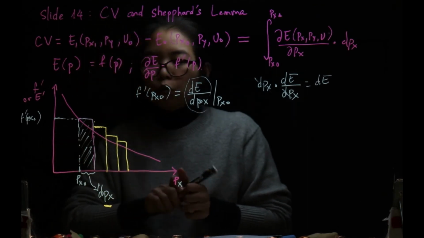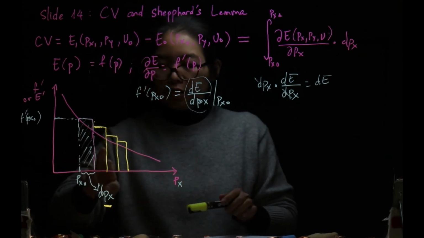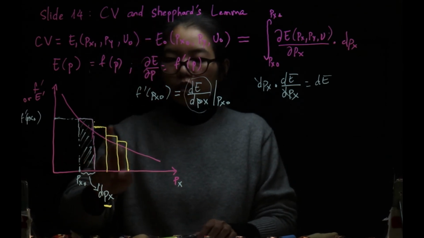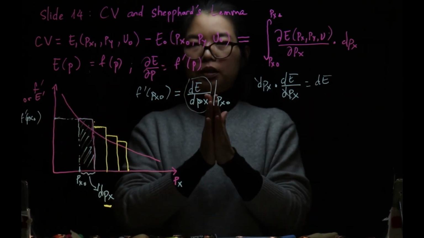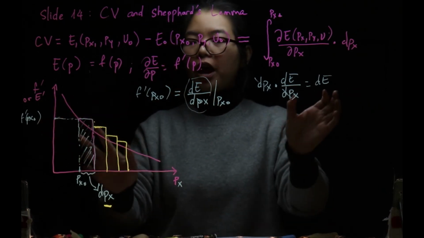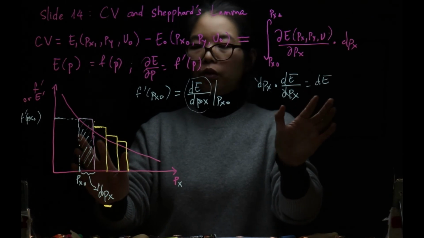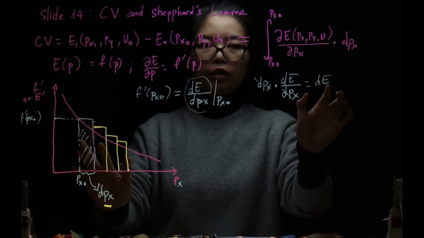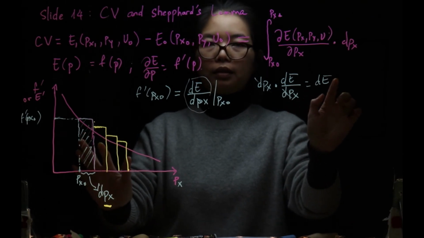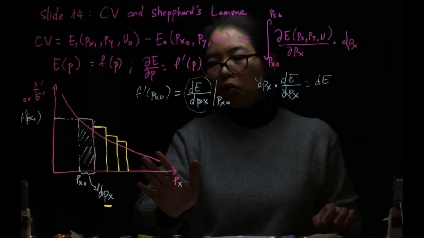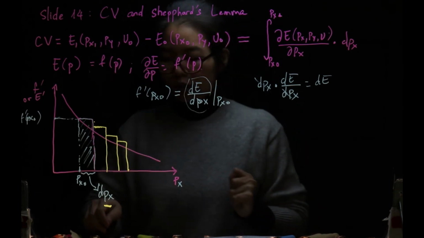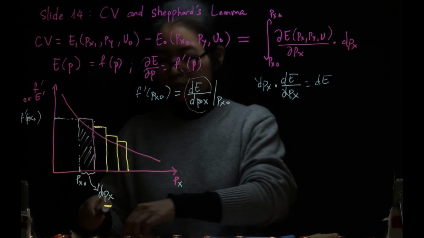Then we calculate the area of each of these rectangles, and at the end we sum them up. What will happen? Every time you calculate the area of each rectangle, you will get this dE. And at the end of the day, when you sum up all the areas here, you will get